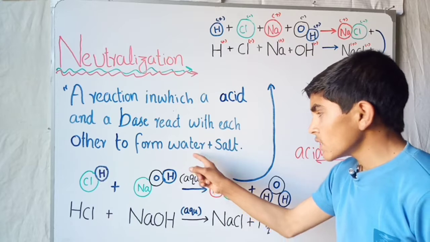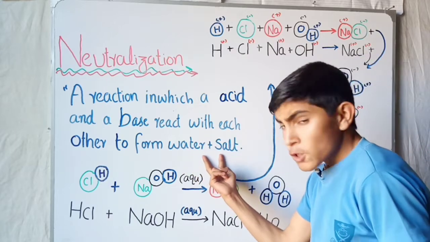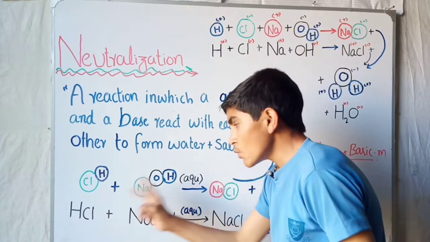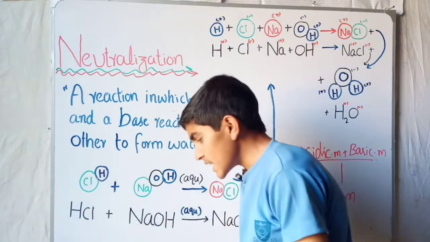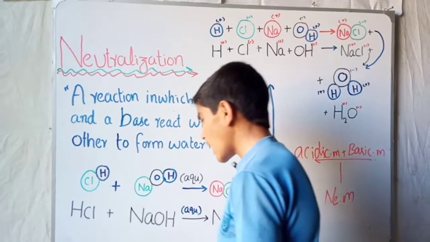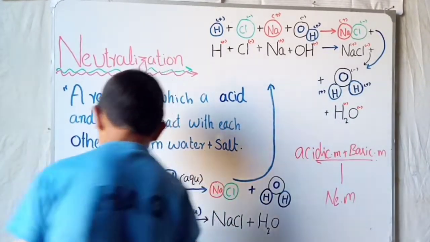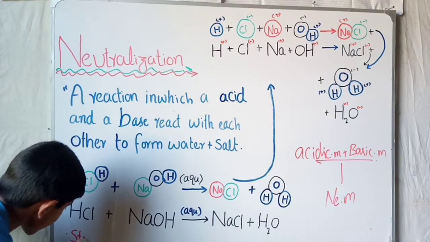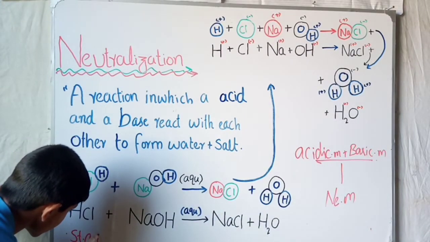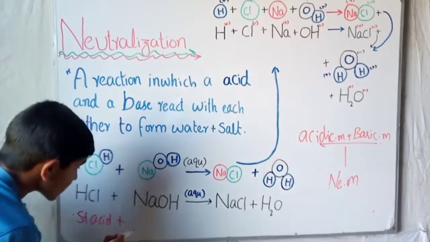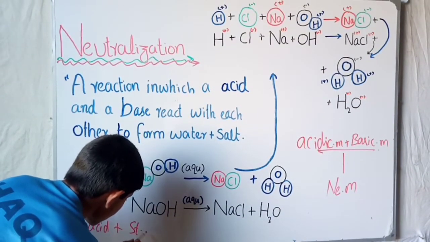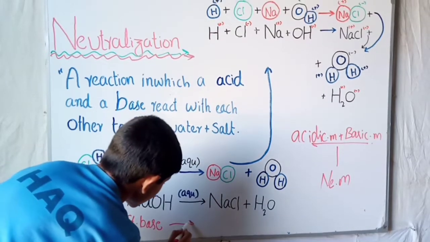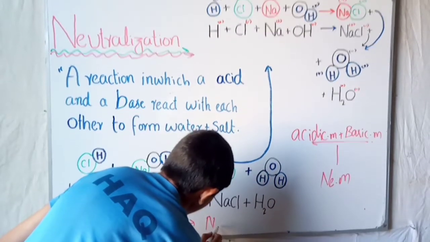In this reaction, the formation of water plus sodium chloride, table salt, the HCl, which is a strong acid, I will write as strong acid, plus strong base equals neutral thing. Okay,